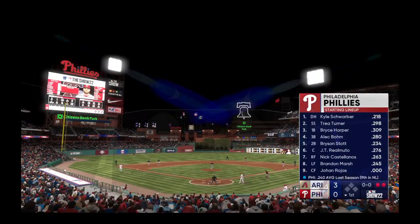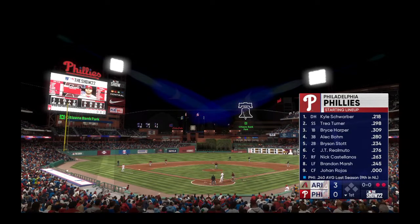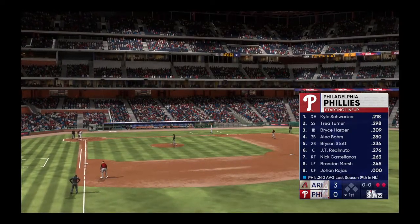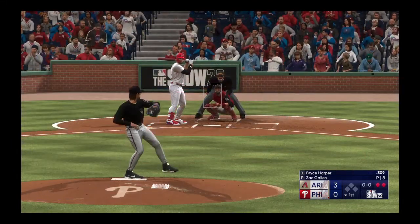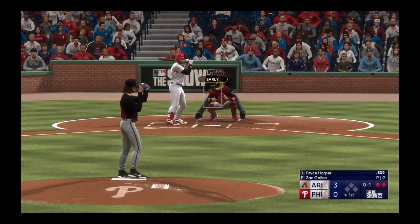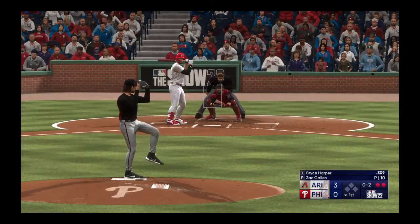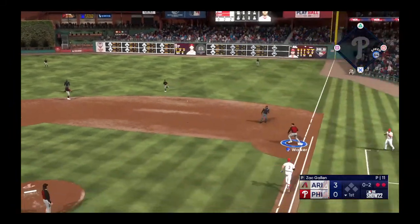As we take a gander at Joe Girardi's lineup for the Phillies, the sluggers in this lineup might not be too happy about the fact that the wind is blowing in today, Chris. Yeah, and you hear pitchers talk about how good it feels when the wind is at their back. And for hitters, you almost feel like beyond just the pitcher coming at you, you've got this other force coming against you. So important to try to get on top of the ball in terms of hitting line drives, maybe really hard ground balls with a good exit velocity that'll get you a base hit, because it's very frustrating. You just hit one on the screws, think it's going to go out of the ballpark, and a guy